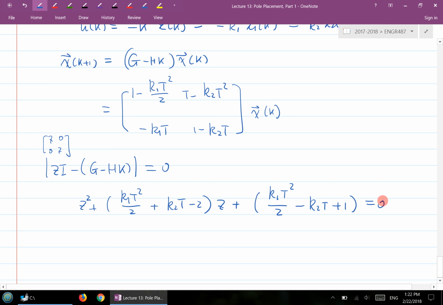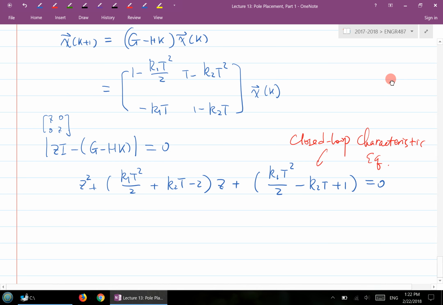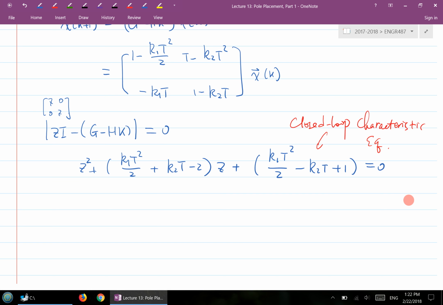Okay, so overall, you'll get this is basically the closed loop characteristic equation. Right. So here is your closed loop characteristic equation. Okay, so here's the closed loop characteristic equation here, right? And we still don't know what K1, K2 is, because we haven't really specified what our